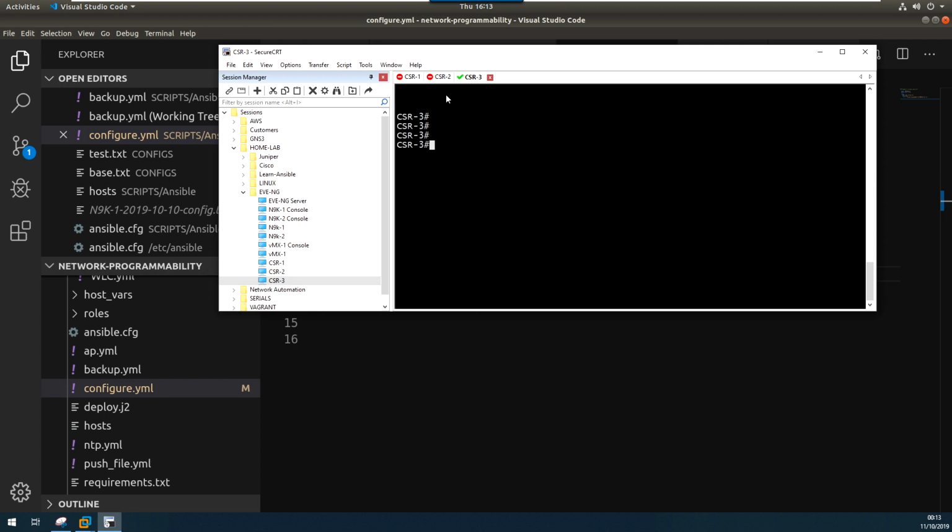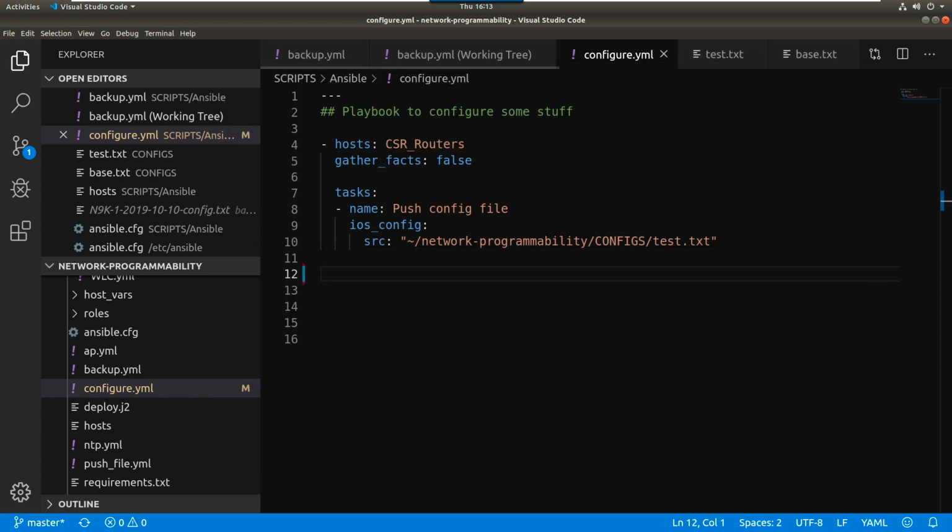So we've got CSR1, that's this one here, CSR2, and CSR3. So those are the 3 devices I showed you running on EVE-NG. They're running on an ESXi platform in my spare room, funnily enough. So that's the devices. We'll be coming back to that very shortly, but what we're going to do is run